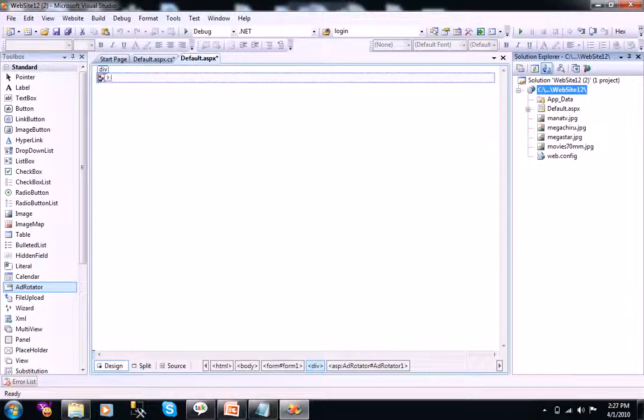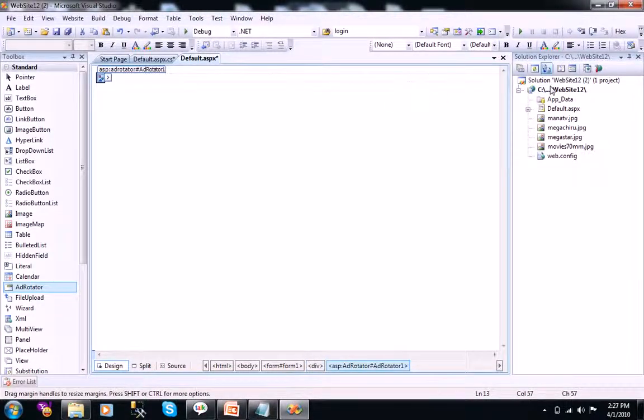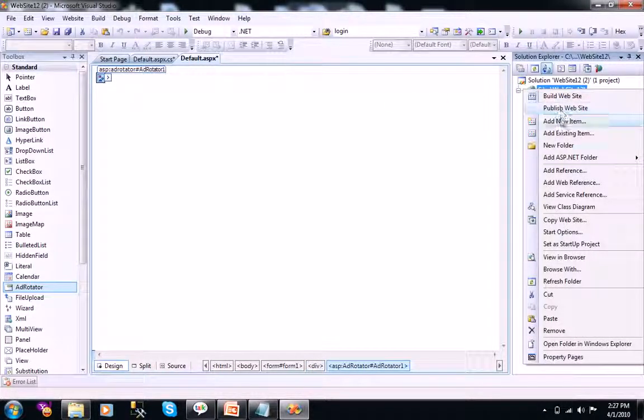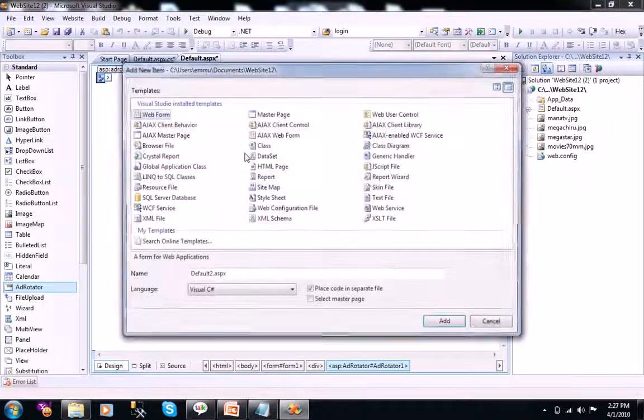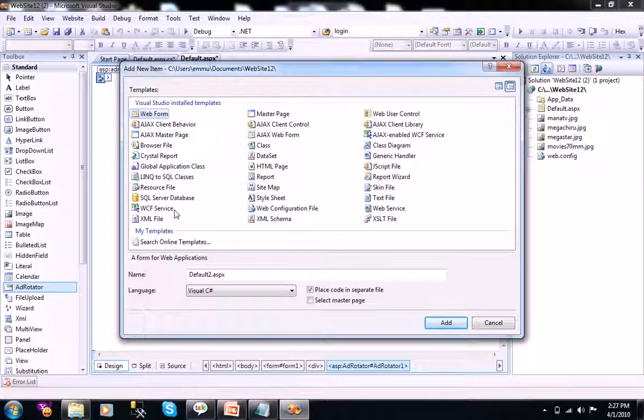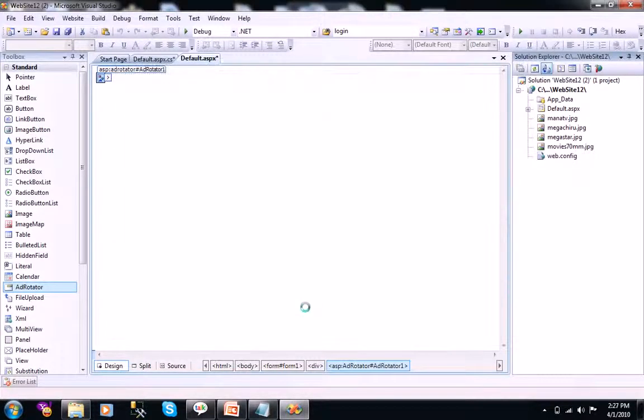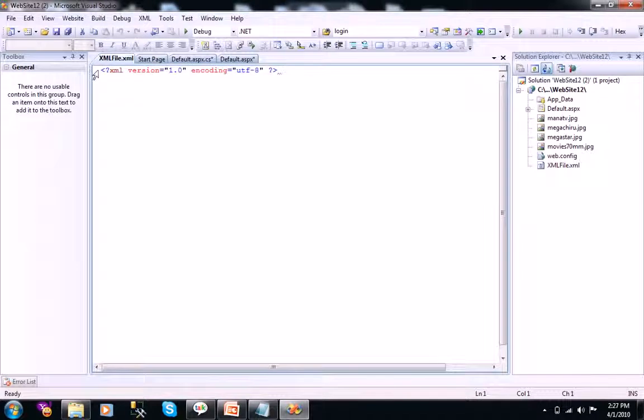So for ad rotator we need an XML file. Go to add new item, select XML file here, and just name it something if you want. You see here something default,